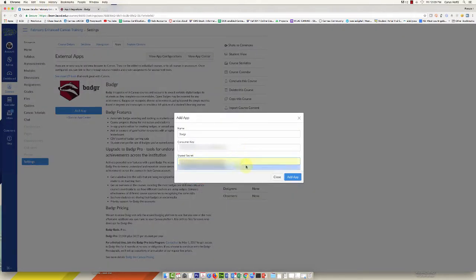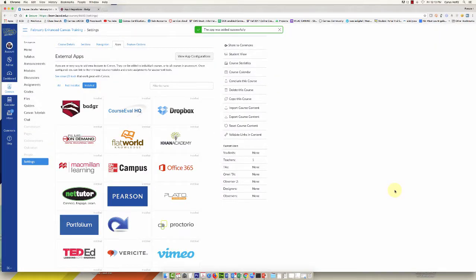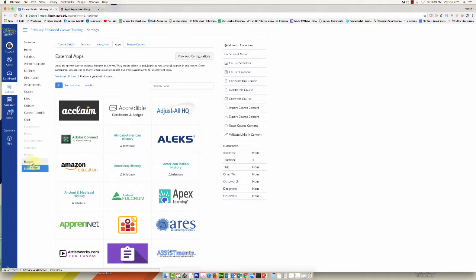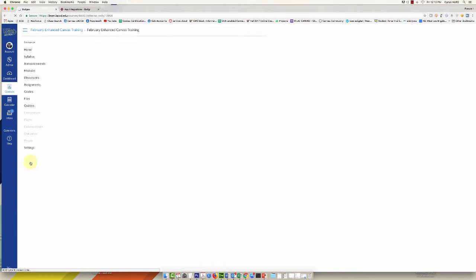And I'm going to blur these numbers out just for this video, but it's just a big mix of numbers and letters. And then we select Add App, and then it says it's added successfully, which is good. If we refresh the page, you should see the word badges down here, and that's what you want. So you click on badges,